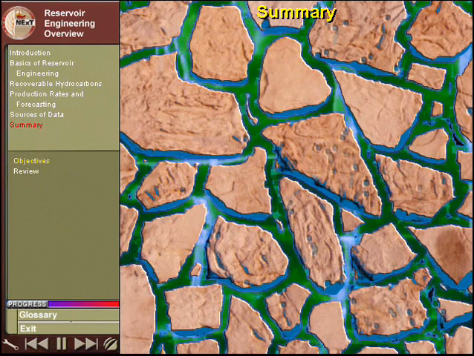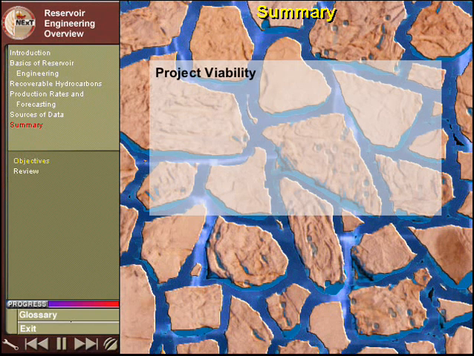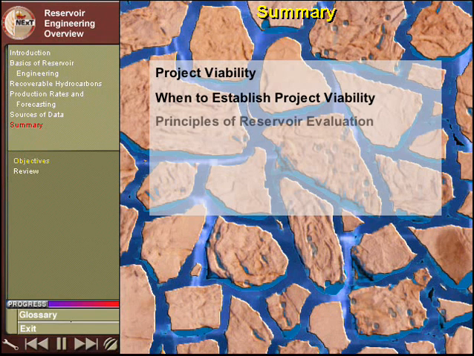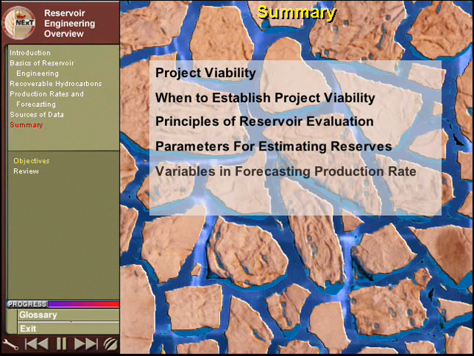Now that you've completed this module, you should be able to explain how to establish a viable project, identify when establishing viability is required in the life of a field, and on what sound principles a reservoir evaluation is based. Describe parameters used in estimating hydrocarbon reserves, and identify how they are used. Identify variables specifically associated with production rate forecasting, and how they are used in the basic radial flow equation. List various sources of data, and what information can be obtained from them, and how it can be used to